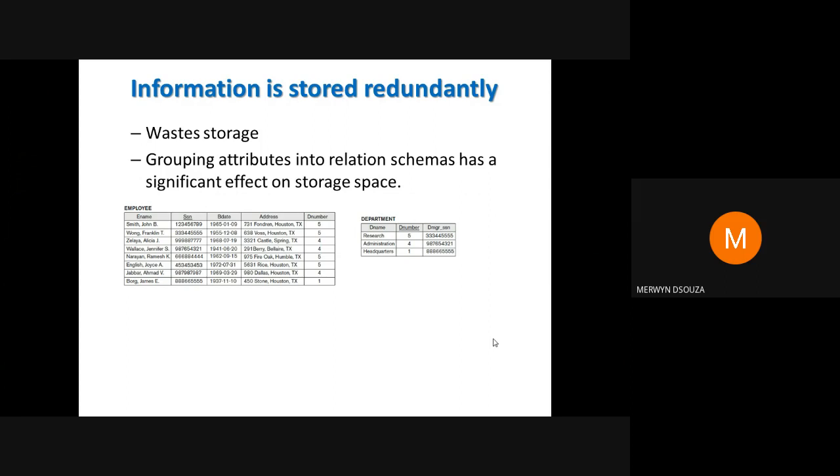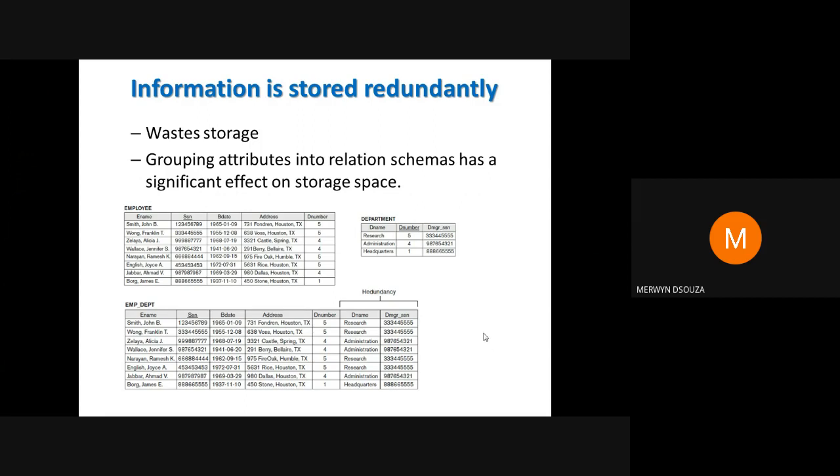Consider the following two tables: the employees table having the attributes e-name, SSN, birth date, address, and department number, and the relation department having the attributes D name, D number, and manager SSN. Suppose we were to apply a natural join to these two tables, then we would get the following output.